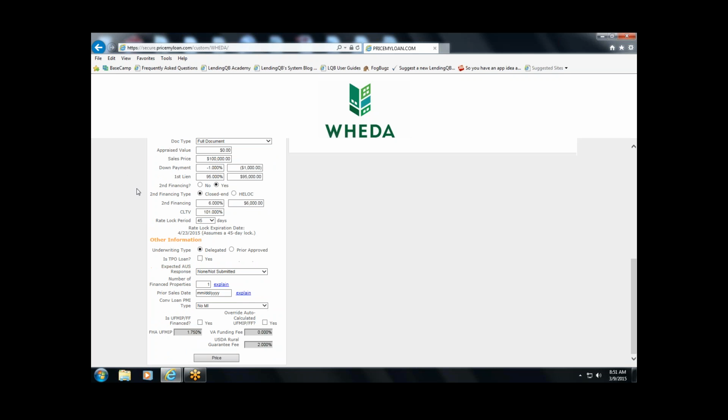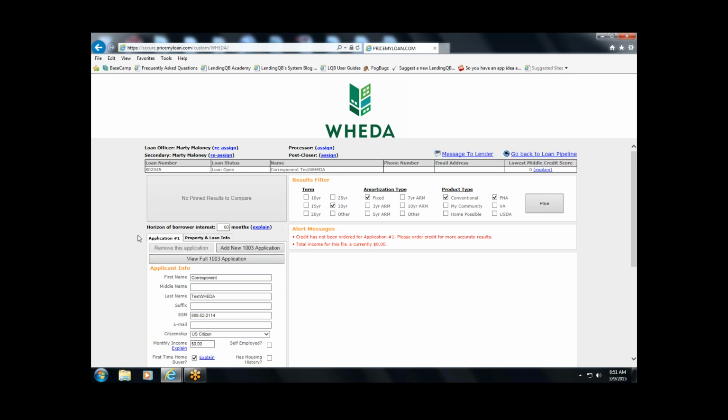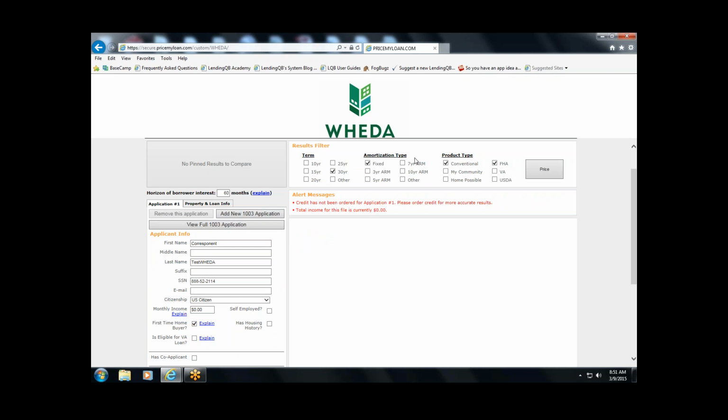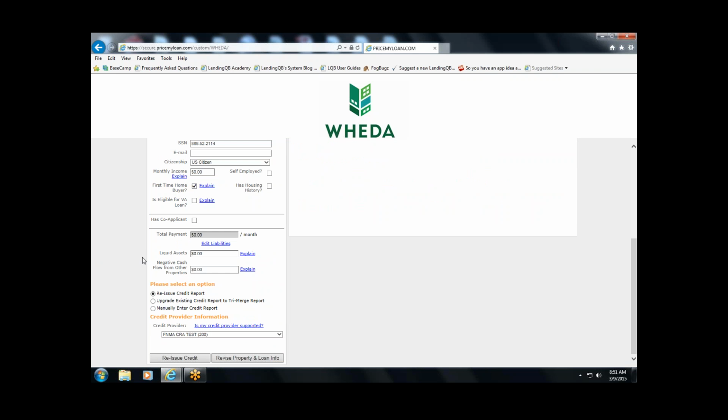So just a little bit of a workaround there. Just wanted to make sure everybody was aware of that. Now, in addition to the data pieces that were identified by the red X, if you'll notice they're all covered now, and the price/eligibility button has appeared. But one more thing that I do want to do before I run that eligibility check